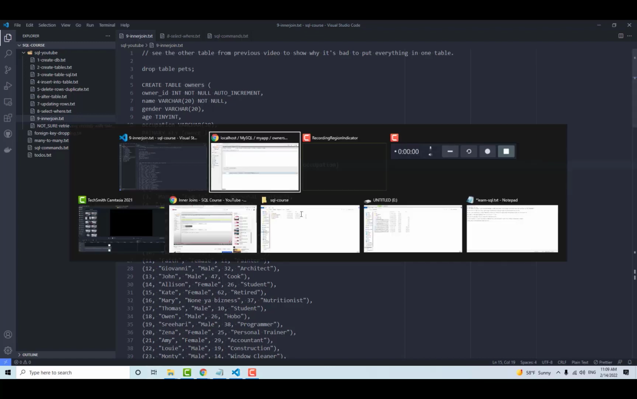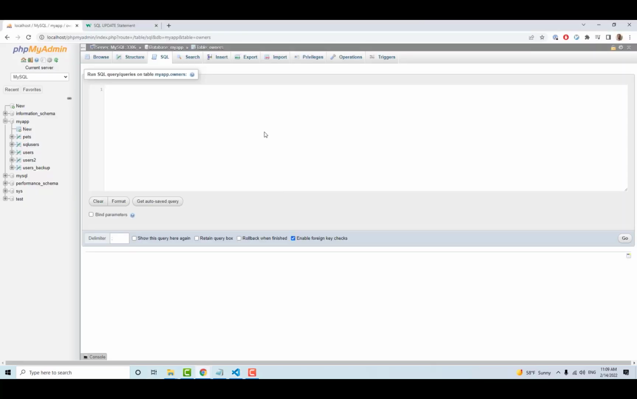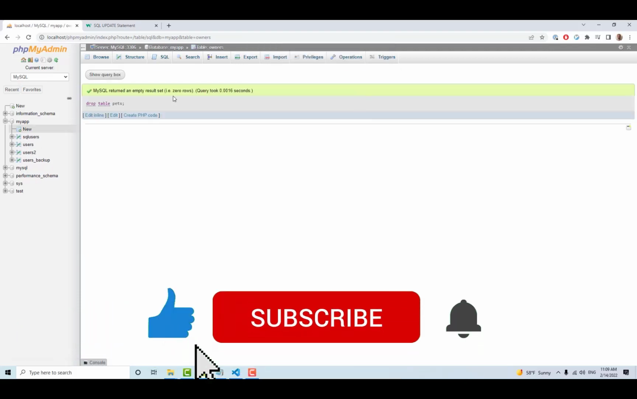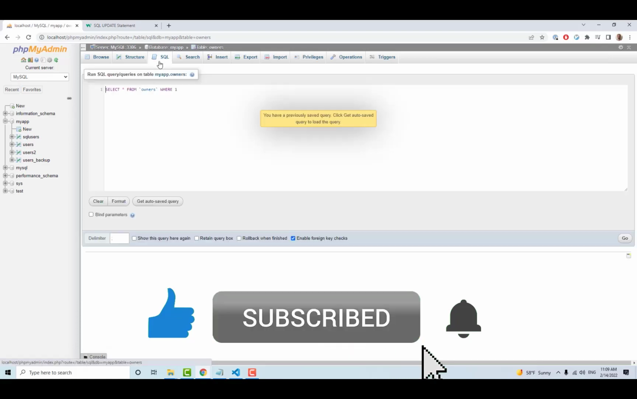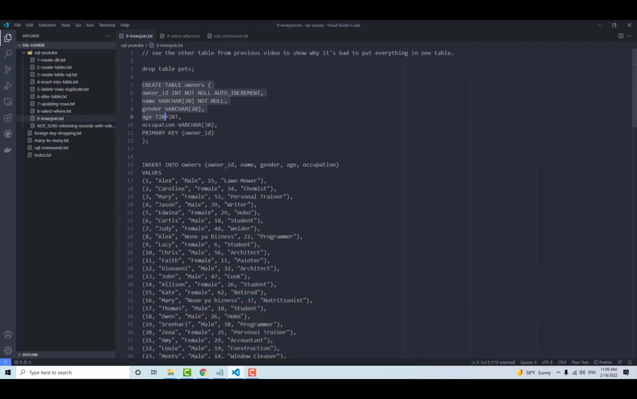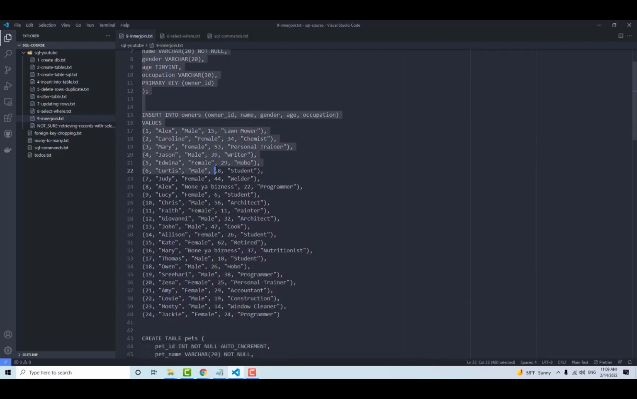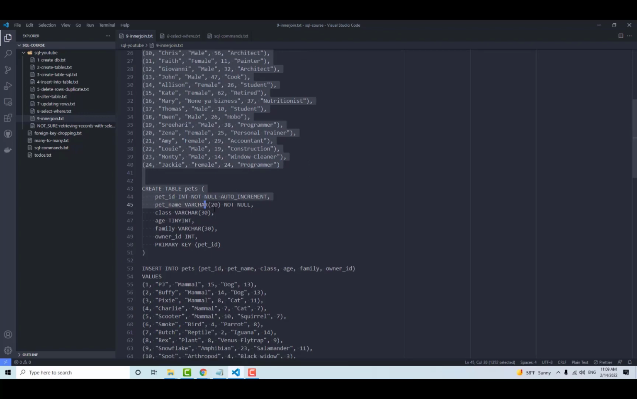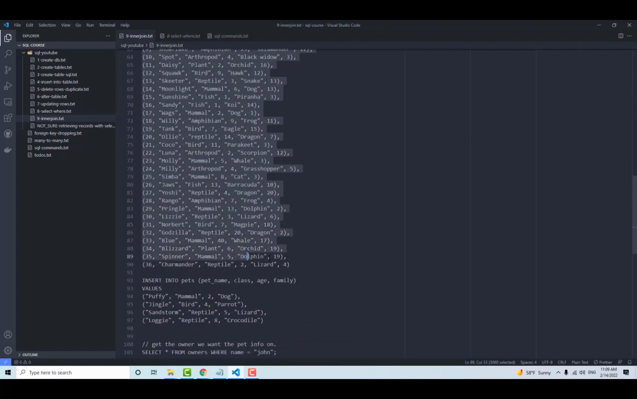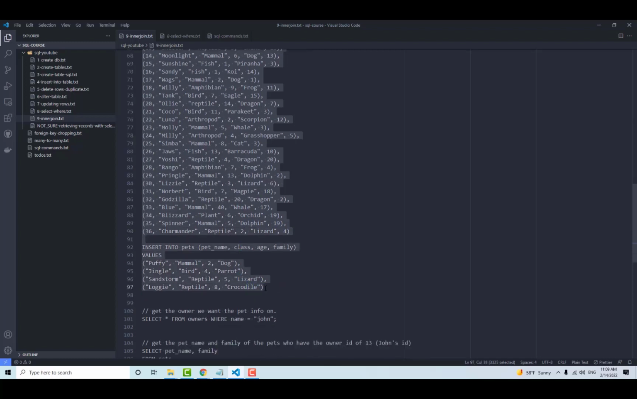So let's go back to our editor here. I'm going to say drop table pets. You can drop table owners if you want to, or users, or you can just switch to a new database. Anyway, we have the pets table gone. So now let's go back to our SQL tab, and I'm going to paste in this create table owners and this insert into owners. And then we're going to create a table pets, and then we're going to insert into pets. And then we're going to insert another set of pets that don't have an owner ID. Okay, so let's copy